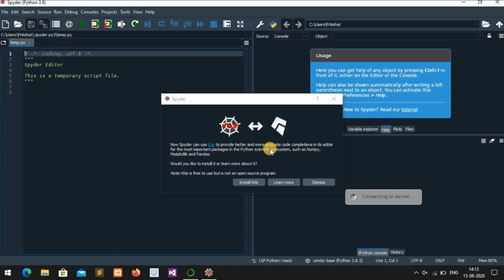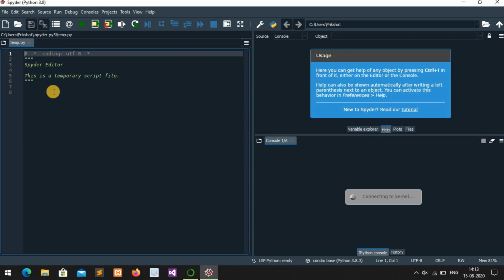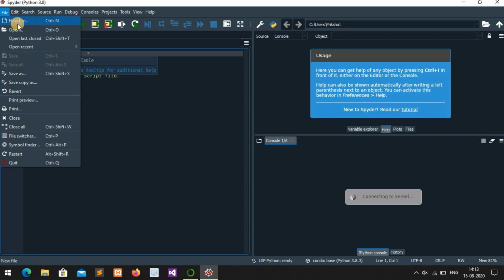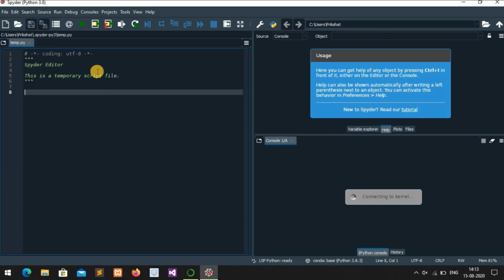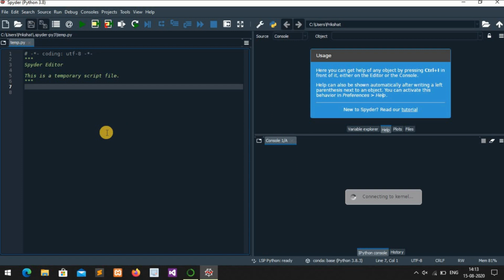If you want to install Kite you can go for install Kite or dismiss this. Now in the file menu you go for a new file, an existing file, or making any project there. So all the scripts work like this.